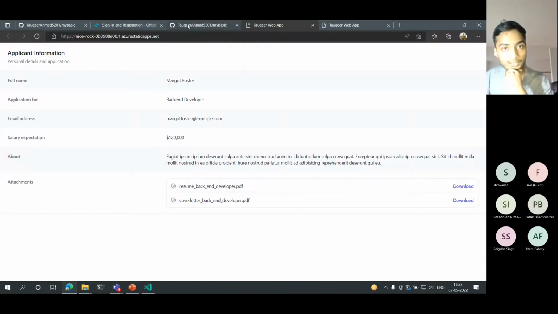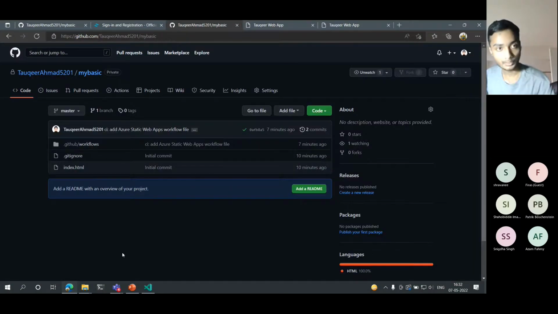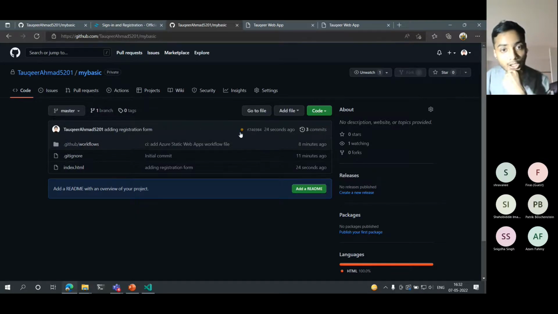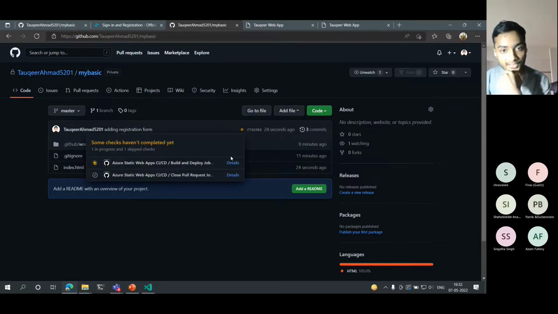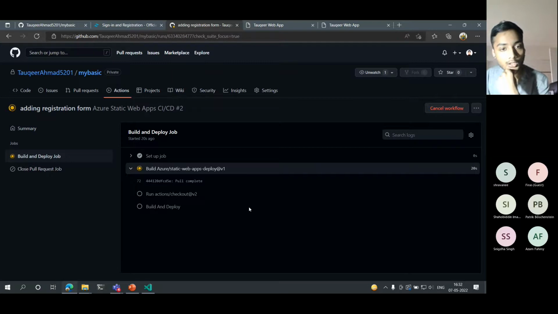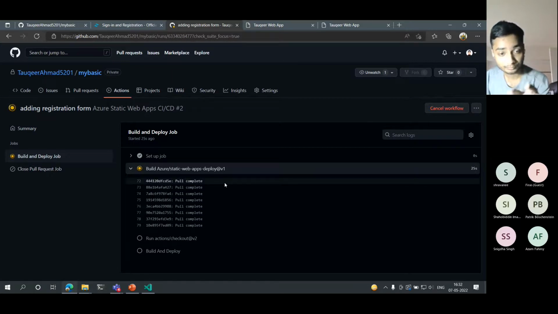If I move along to my repository, which contains my code, you will see a yellow button over here, which earlier was a green tick mark. You'll see that it is building the static web app, which was earlier made itself, but now it is doing the same again. It is pulling all the code from my desktop and making it available over Azure so that it can be displayed over the internet.